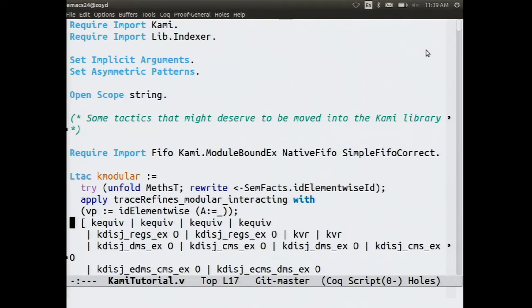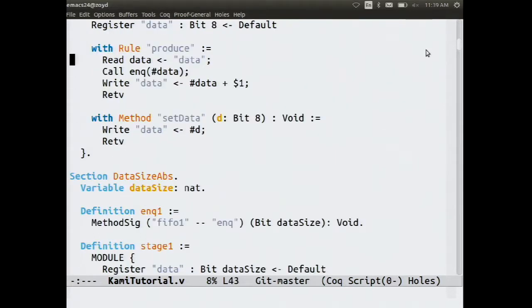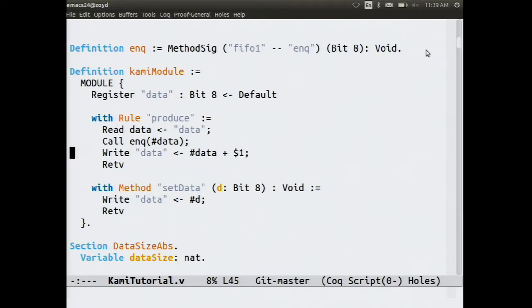Here's an example of a Kami module. It might remind you a lot of what we've just seen with Bedrock. But this is all designed to be compiled to hardware. And so we only have finite data types. You don't have loops or recursion. All the effects of those we get by running across multiple clock cycles with single steps that follow in the fragment of code we see here.